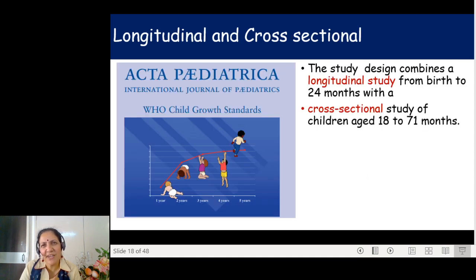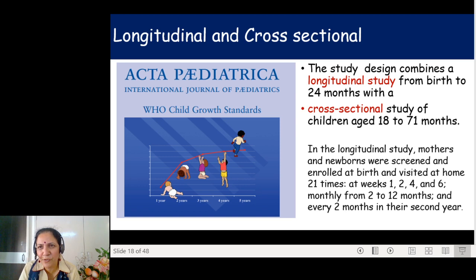So one of the common examples in pediatrics of a longitudinal and a cross-sectional study is the way we made our growth charts. The WHO growth charts, these were the multicentric growth charts. These were published in Acta Pediatrica way back in 2006. This study design combined the longitudinal study from birth to 24 months and a cross-sectional study of children aged 18 to 71 months. So in the longitudinal study, mothers and newborns were screened and enrolled at birth, and